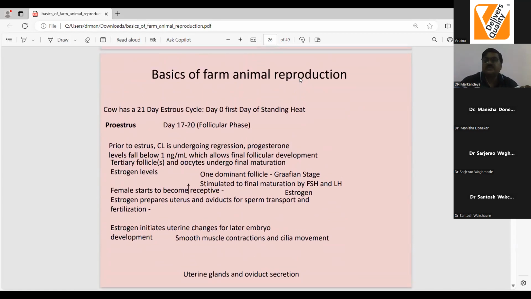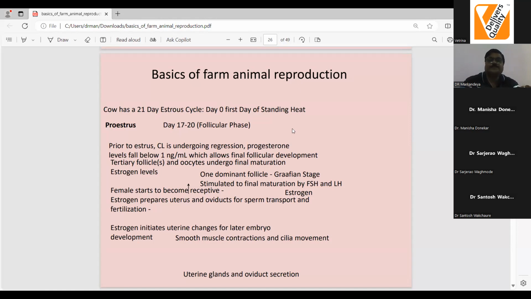Proestrus, day -2 and -1, is characterized by high levels of FSH and developing Graafian follicles. Palpable follicles are present on both the ovaries, but those are developing follicles. There are no signs of estrus, but this phase is a preparatory stage, and the animal prepares for expression of the estrus. This is most important: the highest level of FSH during the proestrus phase, -2 and -1.